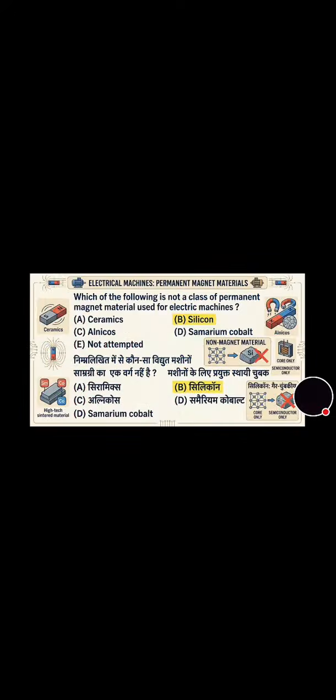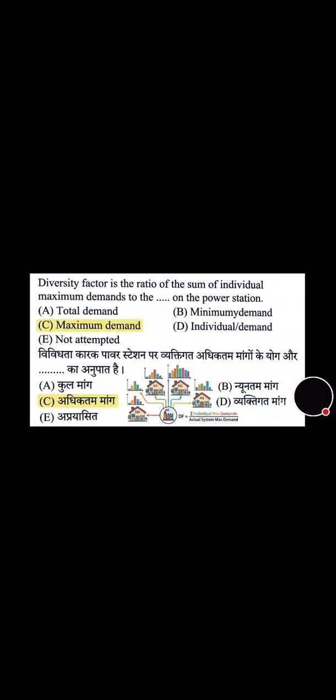नाउ नेक्स्ट क्वेश्चन, विच ऑफ द फॉलोइंग इज नॉट ए क्लास ऑफ परमानेंट मैग्नेट मटेरियल यूज्ड फॉर इलेक्ट्रिक मशीन्स। तो इसका आंसर है सिलिकॉन। नेक्स्ट क्वेश्चन है, डाइवर्सिटी फैक्टर इज द रेशियो ऑफ सम ऑफ द इंडिविजुअल मैक्सिमम डिमांड टू द डैश ऑन द पावर स्टेशन। और इसका आंसर है ऑप्शन सी, मैक्सिमम डिमांड।